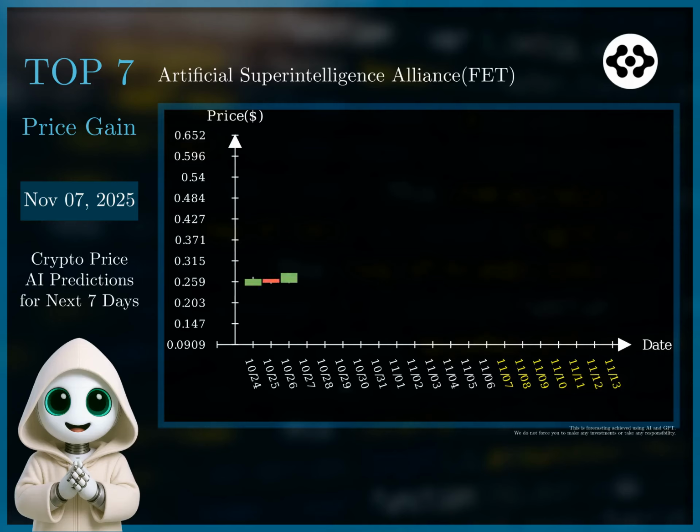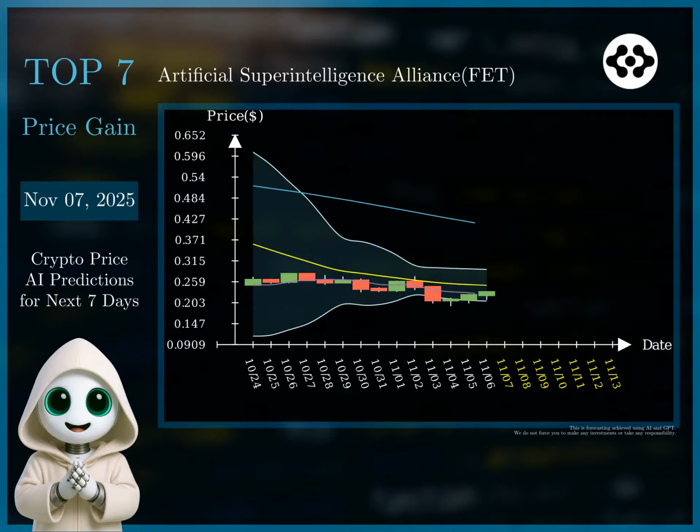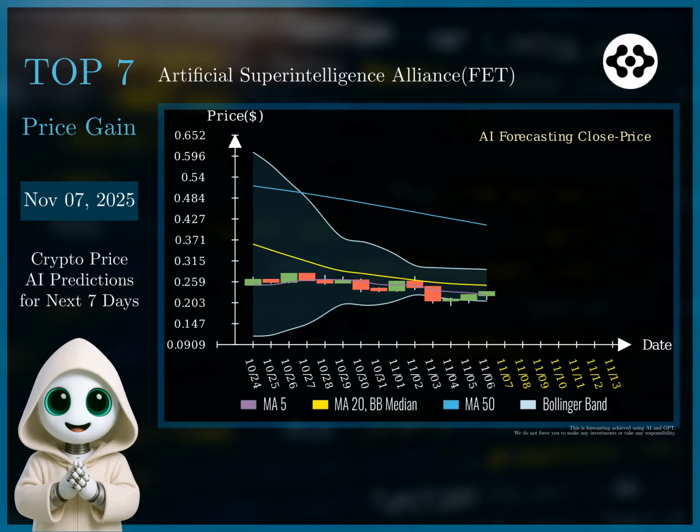Based on the historical data and forecast, Artificial Superintelligence Alliance is showing a strong downtrend. The RSI consistently remains below 35, indicating a prevailing bearish sentiment and oversold conditions. The forecast for the next week projects further decline, with prices potentially reaching as low as $0.169. The support level is consistently at $0.209, and the lower Bollinger Band consistently sits near this level, reinforcing its significance.